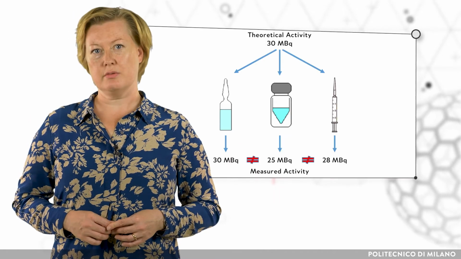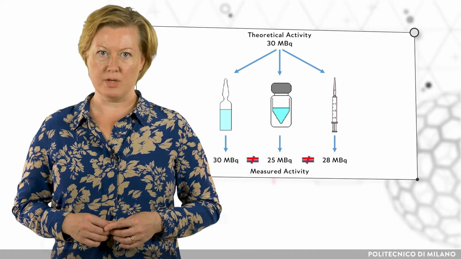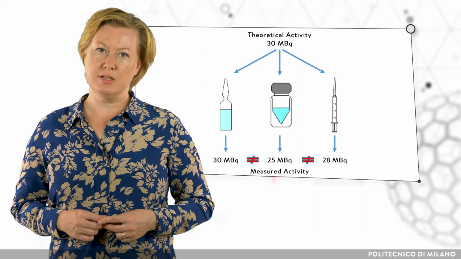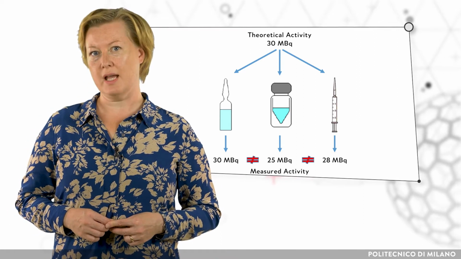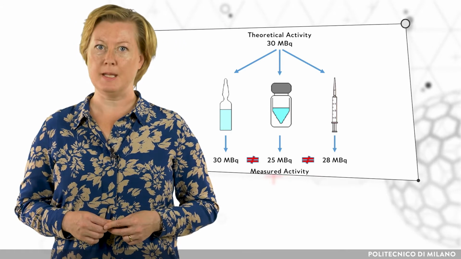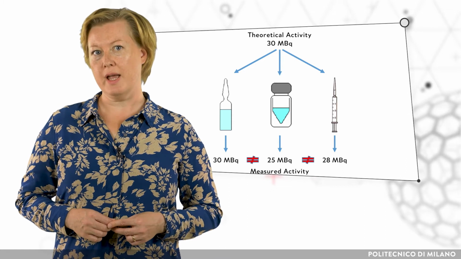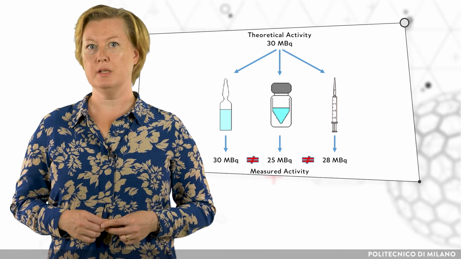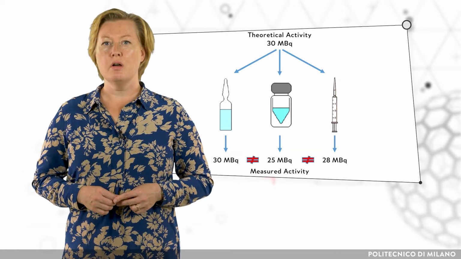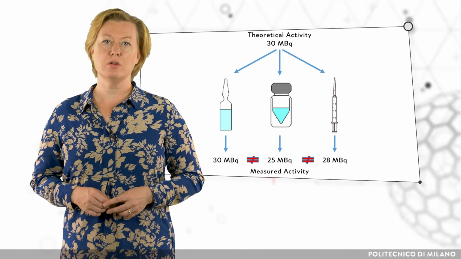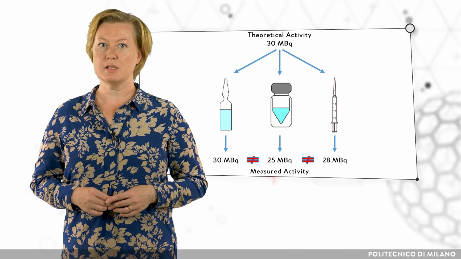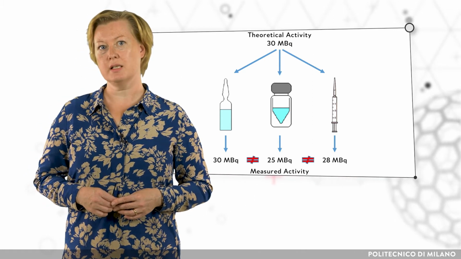The dose calibrator is a convenient way to measure the activity of different radioisotopes. A disadvantage of this detector is that it gives a cumulative activity reading of all the radioisotopes present in the sample. Hence, the amount of activity of a particular radioisotope in a mixture cannot be determined using this detector. Furthermore, the measured activity depends on the geometry of the radioactive container and could vary substantially from the theoretical activity,